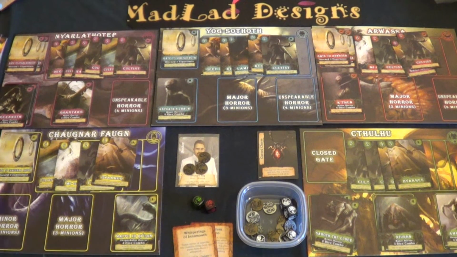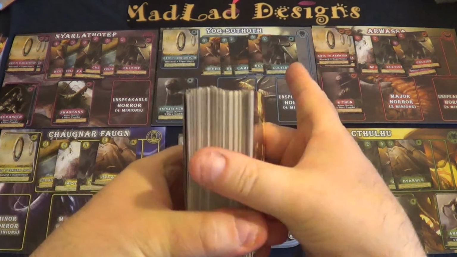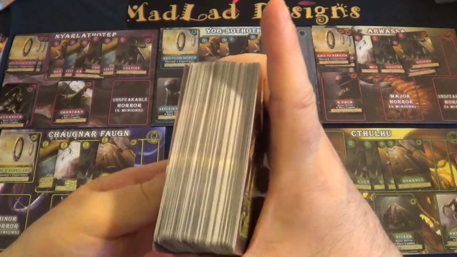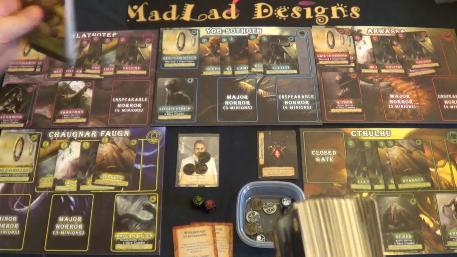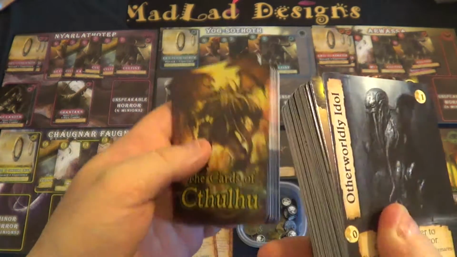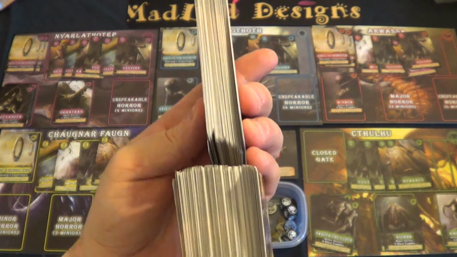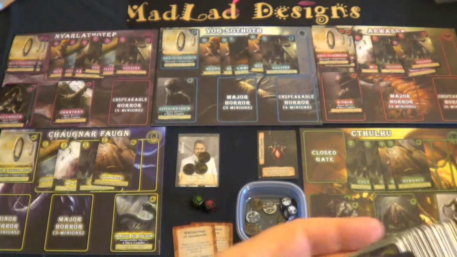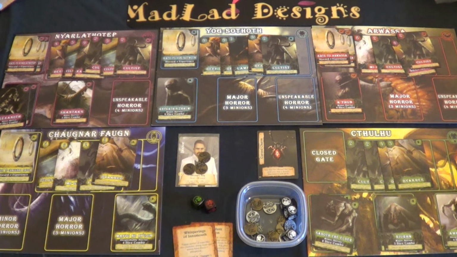So I'm going to show you all the cards we went through. A fair bit. That's all the cards that we went through. And what was left was them. So there's still a fair bit to go through as well. But you know, we didn't do too bad getting through all those cards. If we could have survived a bit more, but it was not to be. I thought this would be a fairly quick game. So there you go, guys, the Cards of Cthulhu with the Beyond the Veil expansion,